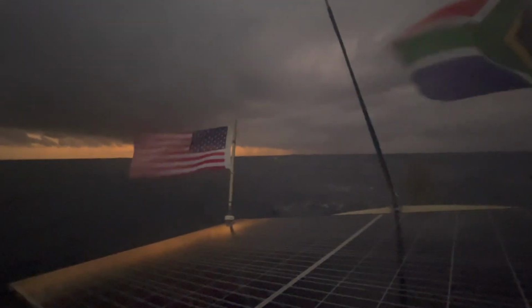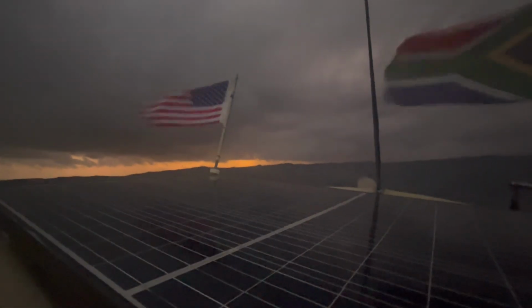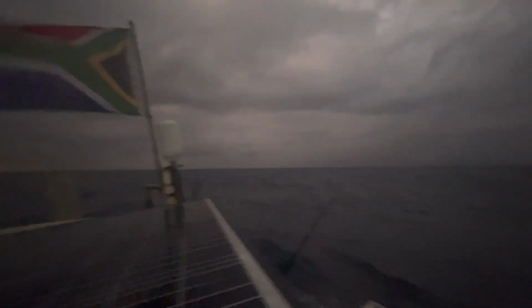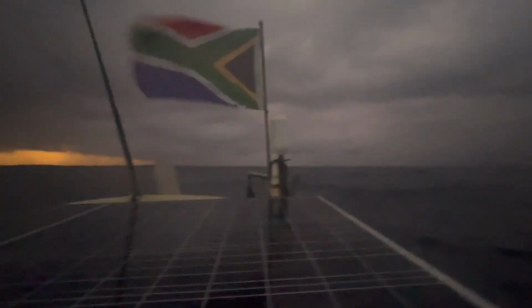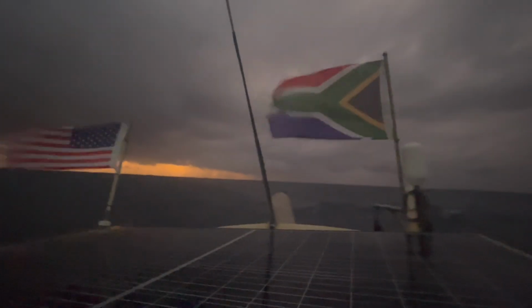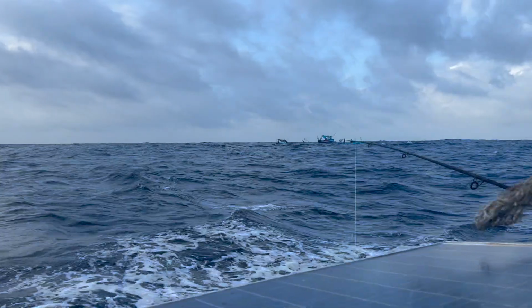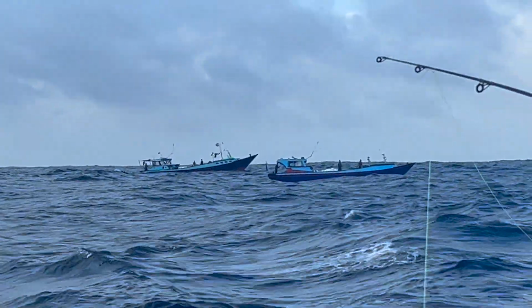It's Sunday the 8th, and just like yesterday, I got up in the morning and a huge squall stretches right across the eastern horizon. I'm pretty sure it's going to catch us good and solid, so I'm getting the boat ready for it. You can see some of the rain falling in the...